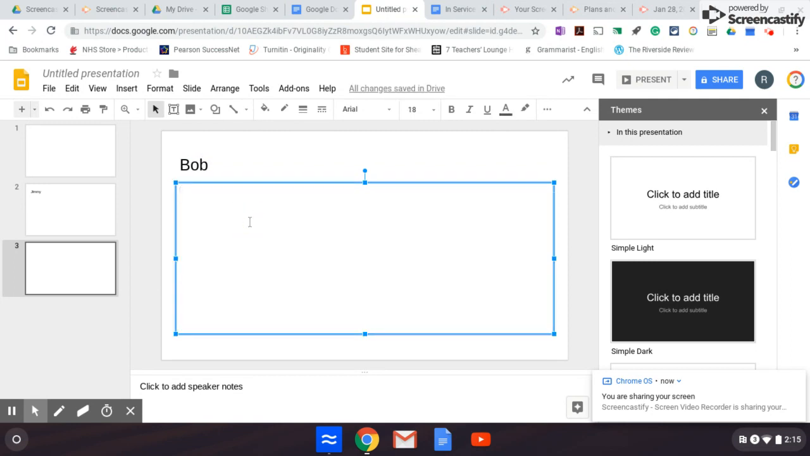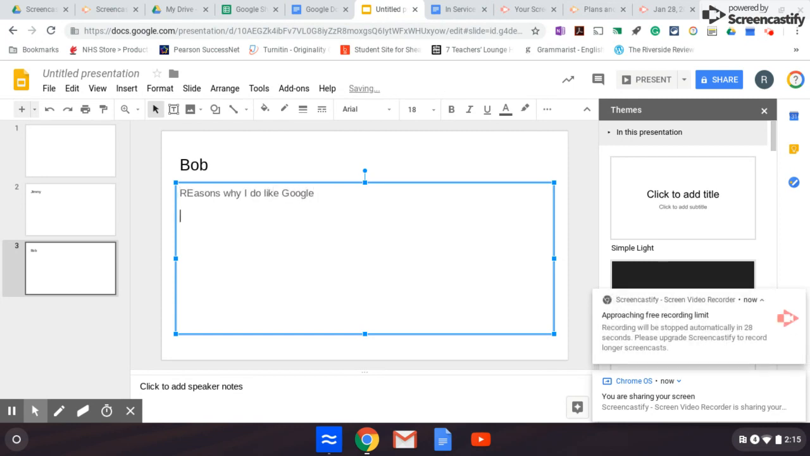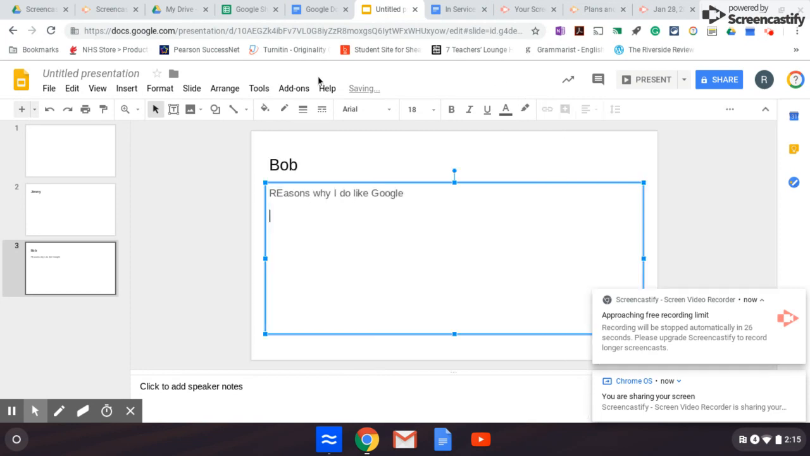So again, just as a review, the reasons why I do like the Google platform: One, you are able to share with students and teachers to collaborate whenever you're doing it. Two, it's cloud-based, so you can access it anywhere that you have it, and that includes you can download